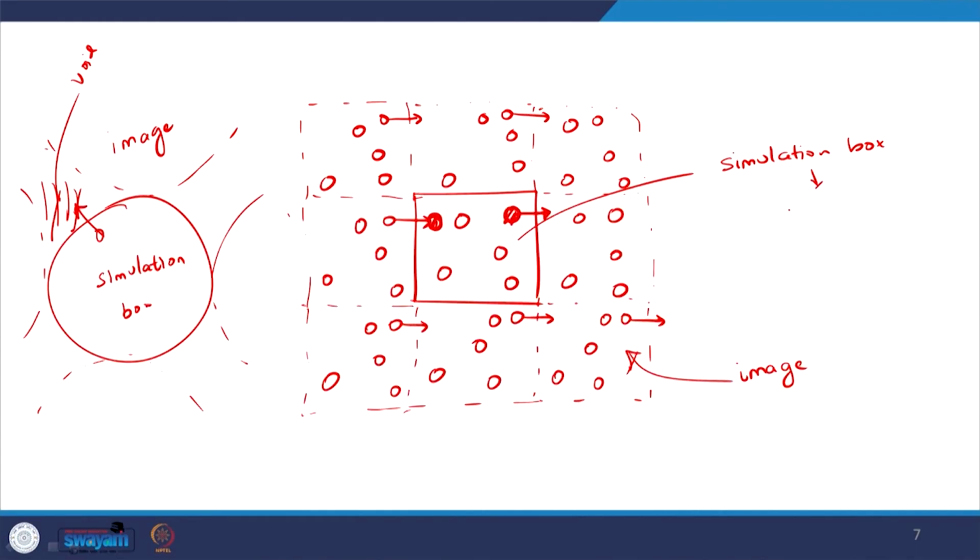So, therefore, the assumption of the periodic boundary condition requires that my simulation box is space filling, and cubic is clearly a great choice, but it does not have to be a cube. It can be many other kinds of shape, but clearly not a spherical shape, because the spherical shape will not fill the entire volume. Okay.